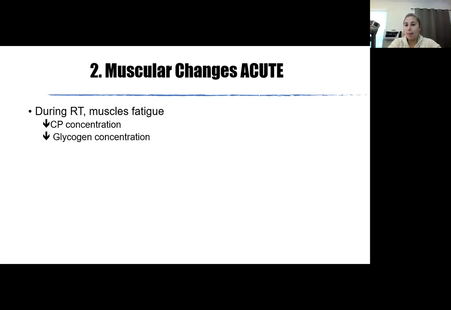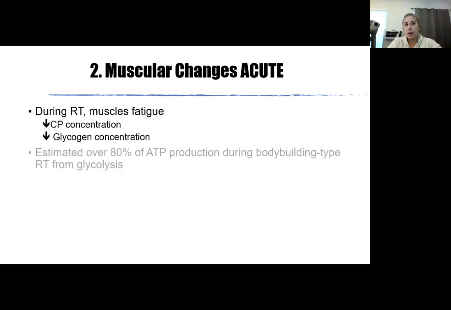And that's where if you're doing 1 rep max or strength, very heavy and fewer reps, that's what I meant to say, you will need to rest. That's why you need 2 to 5 minutes rest to replenish that creatine phosphate so you can use it again for force production during the next set. We also, as I said, use glycogen. About 80% of ATP production during bodybuilding type resistance training, the hypertrophy range of 8 to 12 reps, fatiguing the muscle with mechanical tension, pushing some weight to stimulate that muscle,